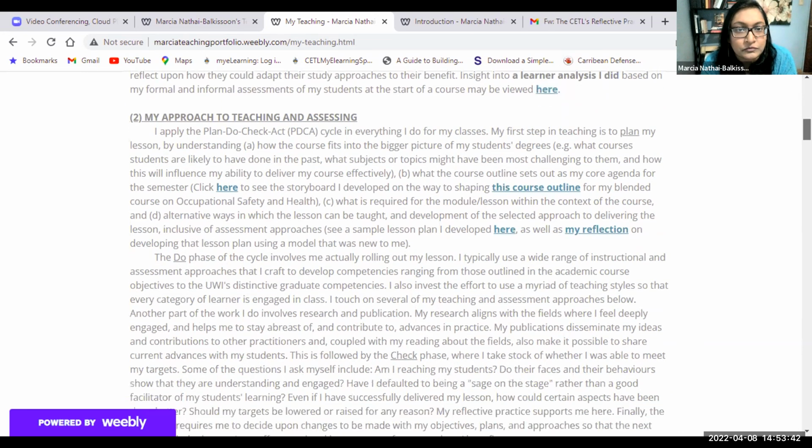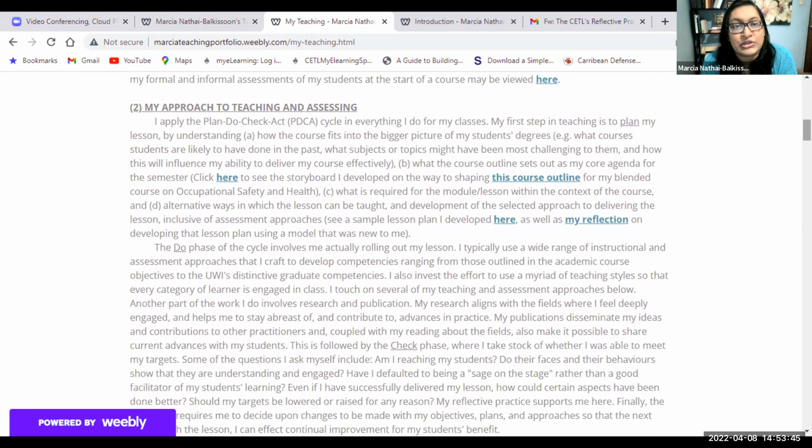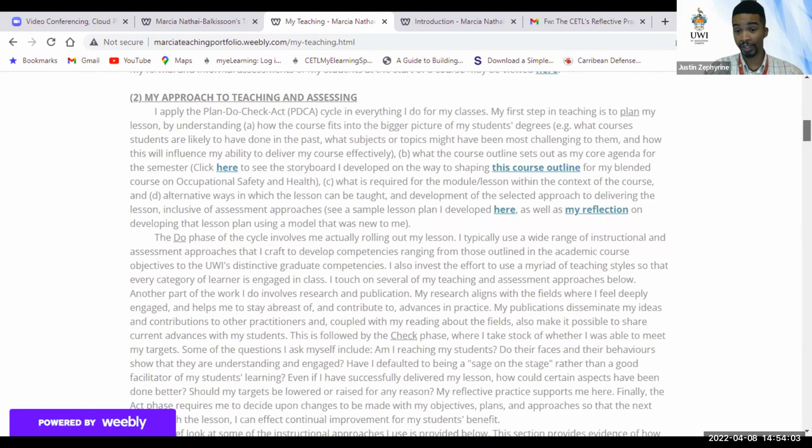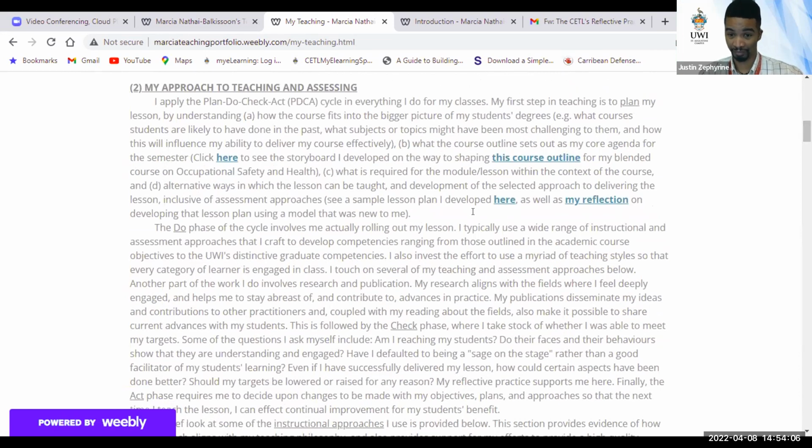The page, yes. Then I tell them, okay, so here's how I teach. I am focused on continual improvement. I use the plan, do, check, act cycle to help me to always do this cyclical improvement. Here's how I develop my course outline, and here's the storyboard that went into the pre-stages of that course outline being developed. And your reflection. Here's a sample lesson plan, and when I did roll it out and I had my glitches, here's the reflection to help me to level it up.